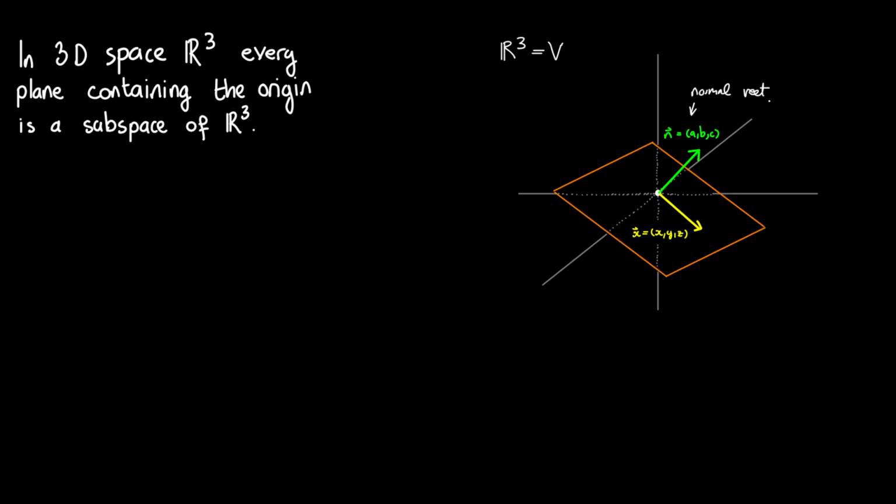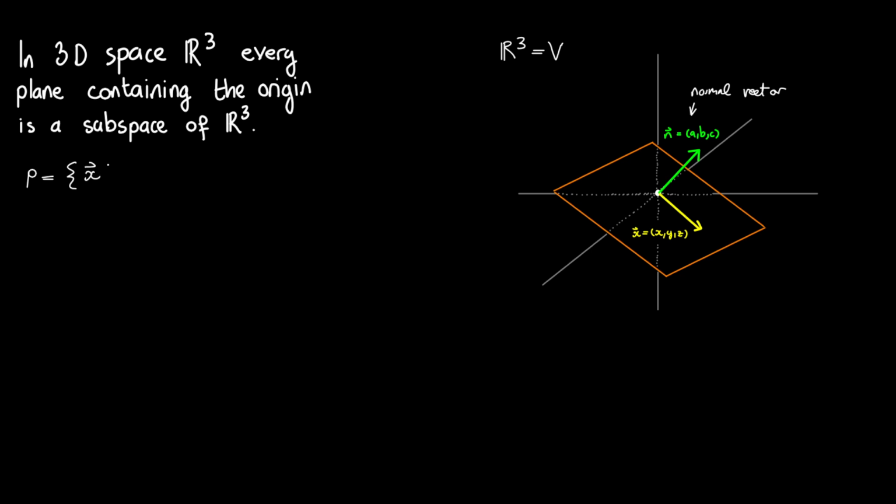A vector which is perpendicular to every vector in the plane. That's how we can talk about planes. And the claim is that the plane determined by this normal vector is going to be a subspace. Okay, good. So in other words, this specific set P for plane, which is going to be the set of